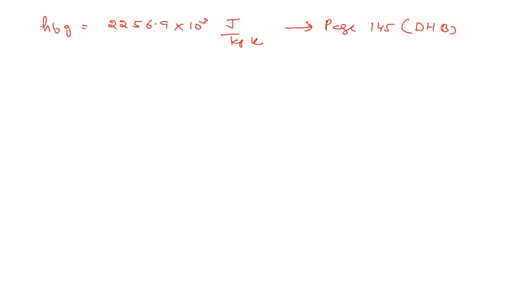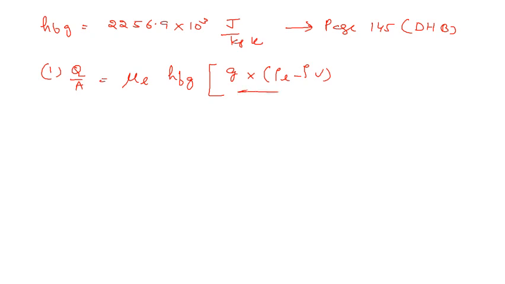HFG, so the HFG value is 2256.9 into 10 to the power 3, that is in joule per kg Kelvin, and this is available in page number 145, the data handbook. Once that is done, we can find out the first part, that is Q by A, that is mu L into HFG into G into rho L by rho V divided by surface tension to the power 0.5